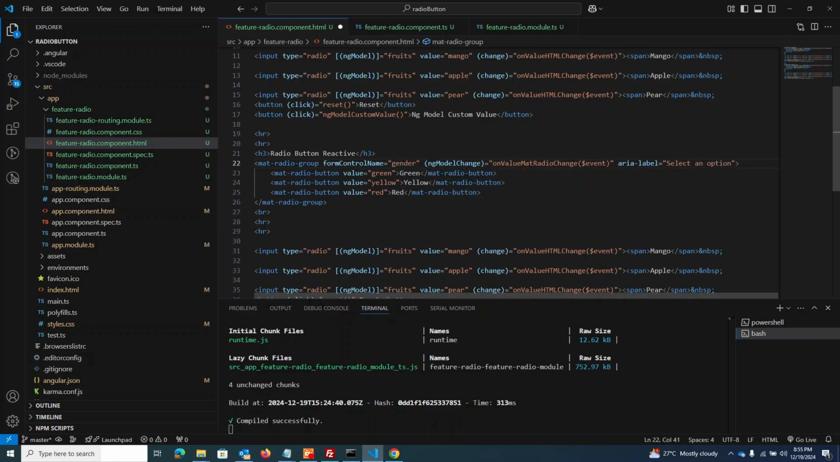Then here we can do this change, but not wrong. We'll change it to change because ng model change should be for model. Go for change. Radio reactive. Then I go for